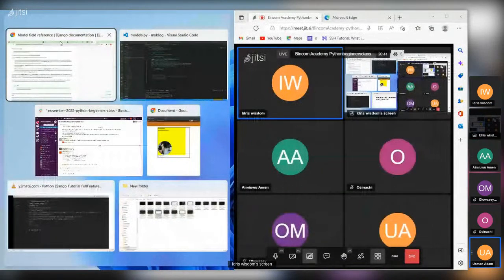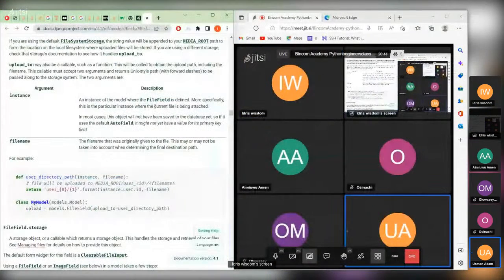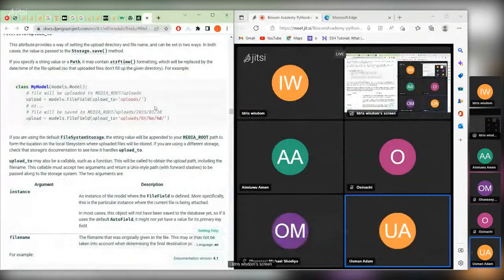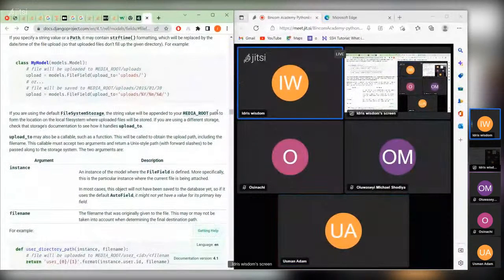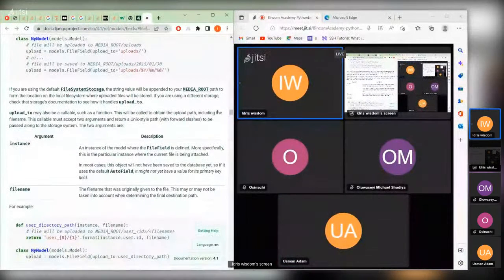So I just have to add it to the model. When I add it to the model, I will now call the model in the views page. Yes. But you have to read the documentation. For instance, if you are handling static files or media files, you have to have a media URL in